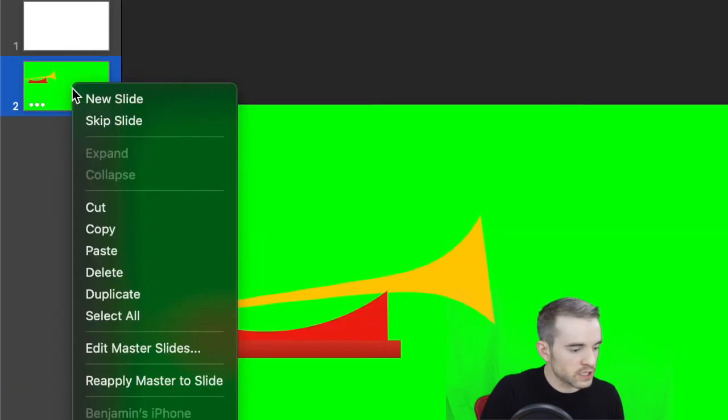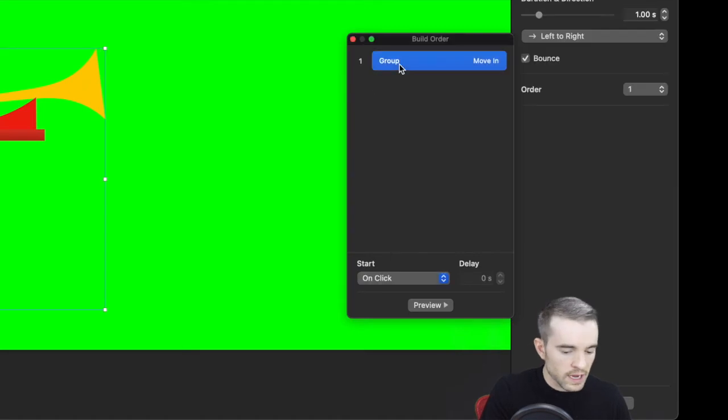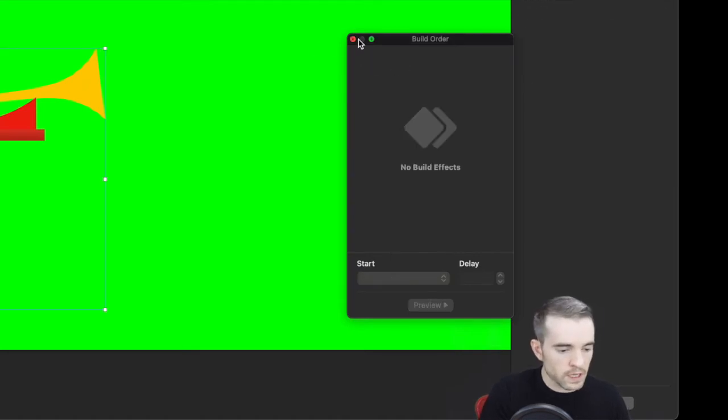I can do this by just right clicking and saying duplicate. Now, since I've duplicated, this is going to have all the animations from the slide that I just created. I don't need those in this slide. So I can go into build order and delete the move in for the